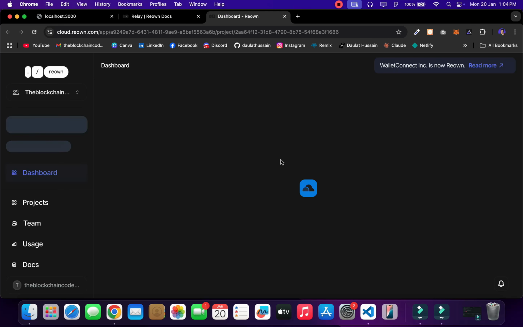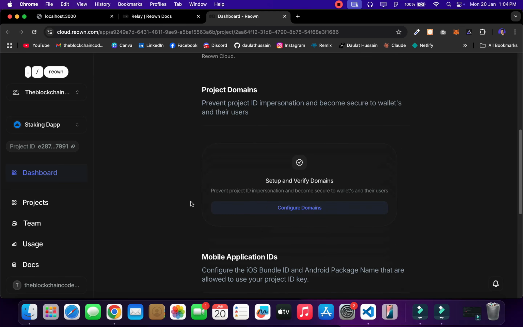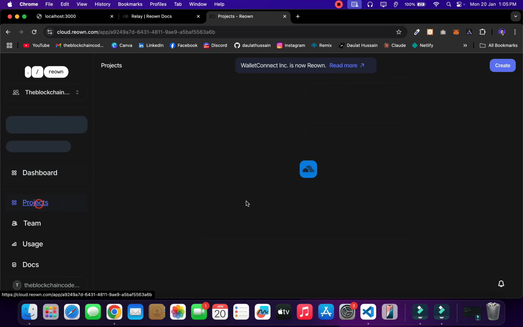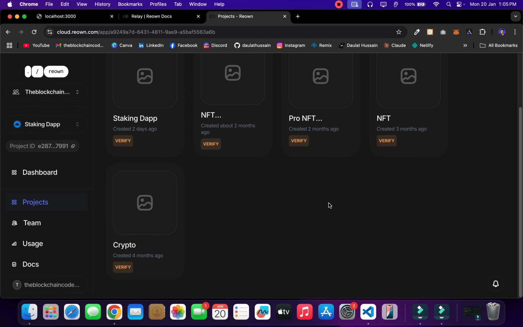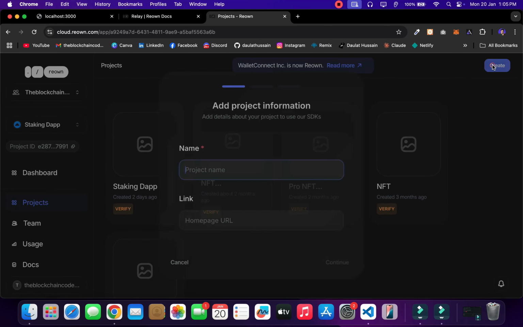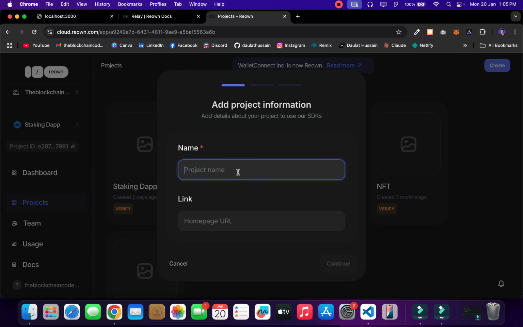You can click on that and you will come back here to your dashboard. There you will find all the projects which you have created. So here I have all the projects which I have created. I'll click on projects, and here we'll find all the projects which I have created. I need to create one project, so I'll simply click on create. You can call it whatever you want. So I'll say, let's say